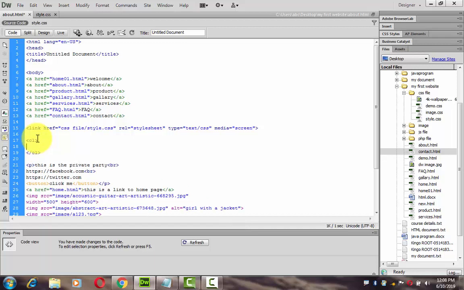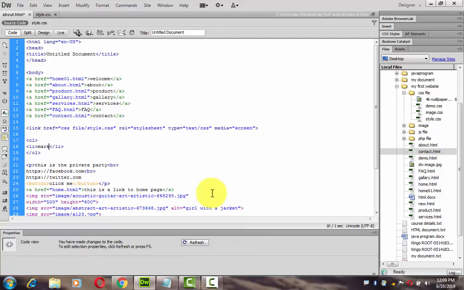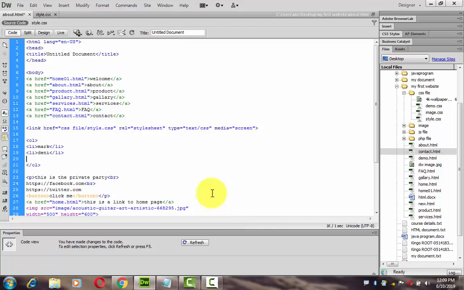So for that I write it here, and here you can see UL. My opening tag I write as OL, and for closing the OL tag I use /OL, and inside it I write some data, some lists. For that I use li, and for closing the list tag I use /li. So I give some names: first name Mark, second name Danny, and the third one is